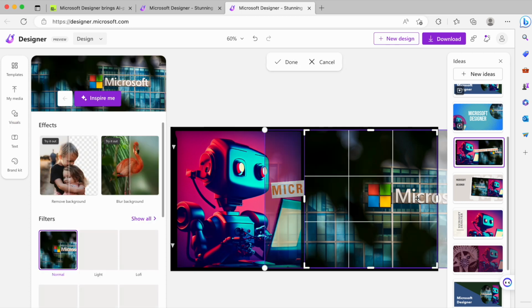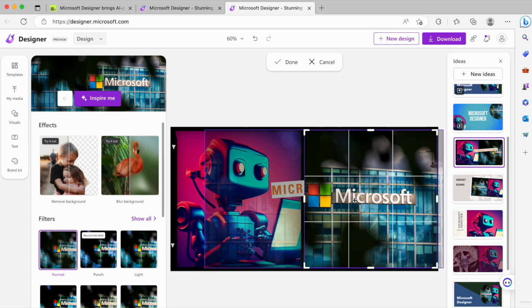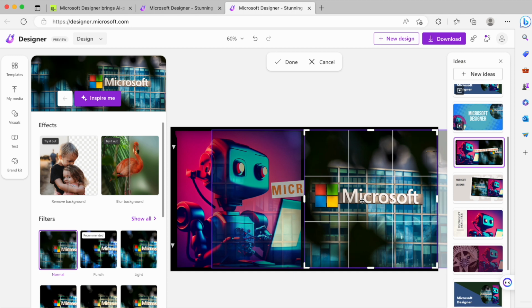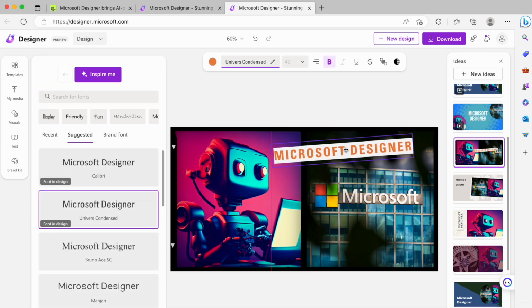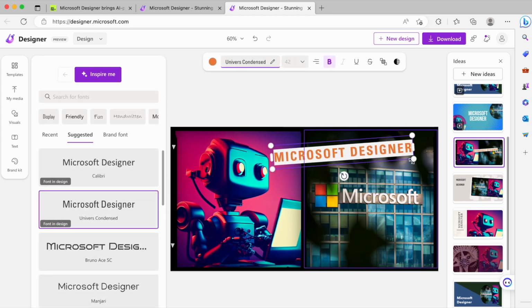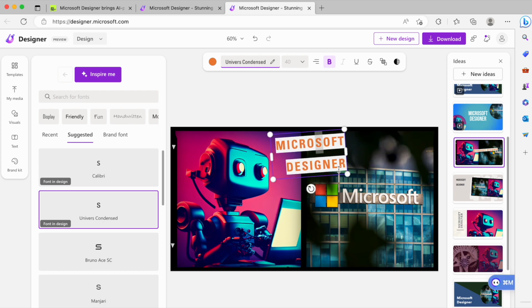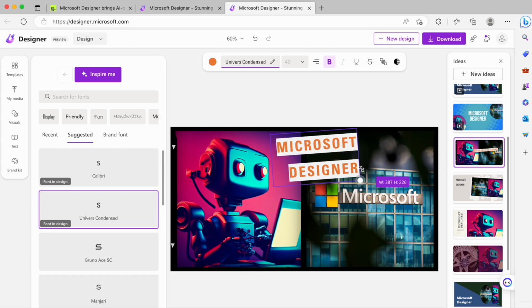Microsoft Designer, this one looks, okay, good. You can move it around. Look at how it's like peeking out from the background there. So we can move that. Microsoft Designer could be right here. Maybe yeah. The functionality here is very similar to Canva, and anyone used to playing with Canva, you